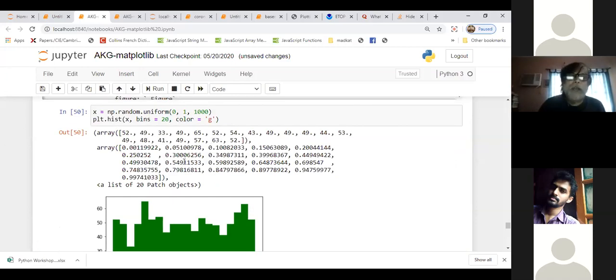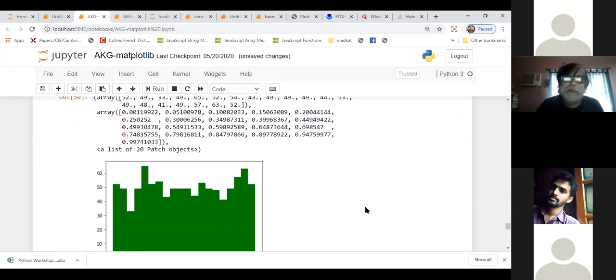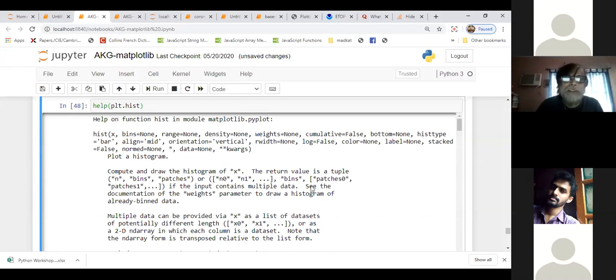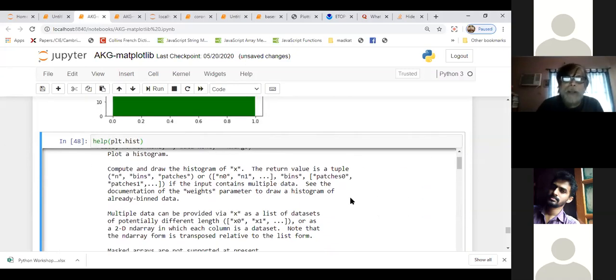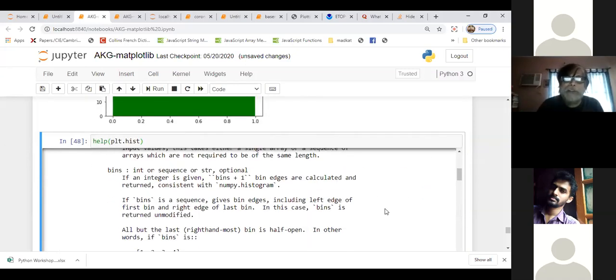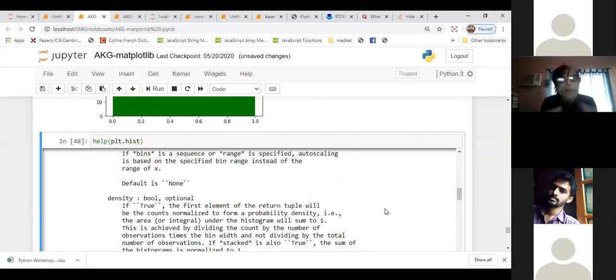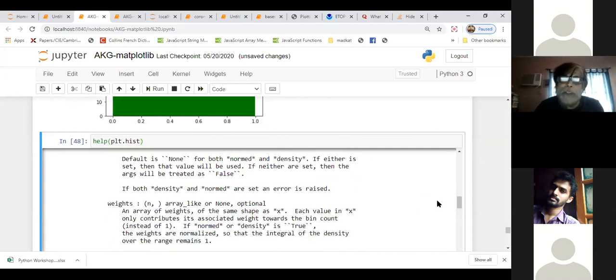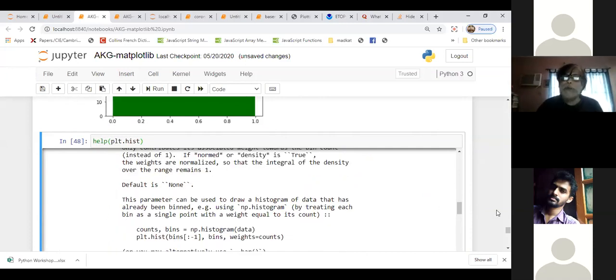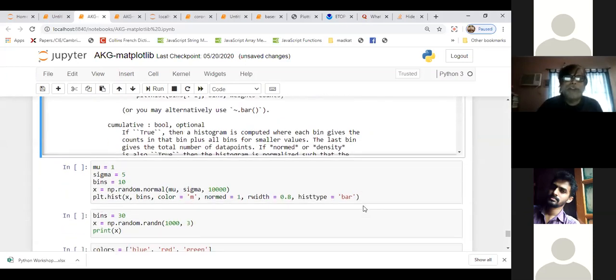You can also specify that the bins be separated. With keyword arguments, you can check in this manual how you can design your histogram: bin size, separation between bins, etc. All these things I'm not going into detail. I'm just showing you the gallery where it is. Just a quick demonstration.